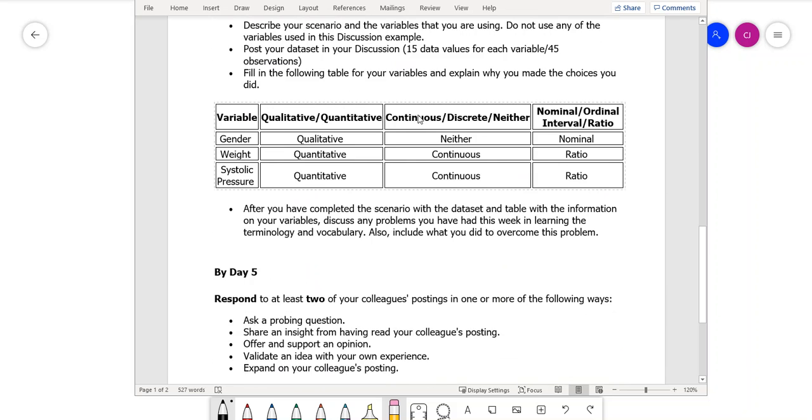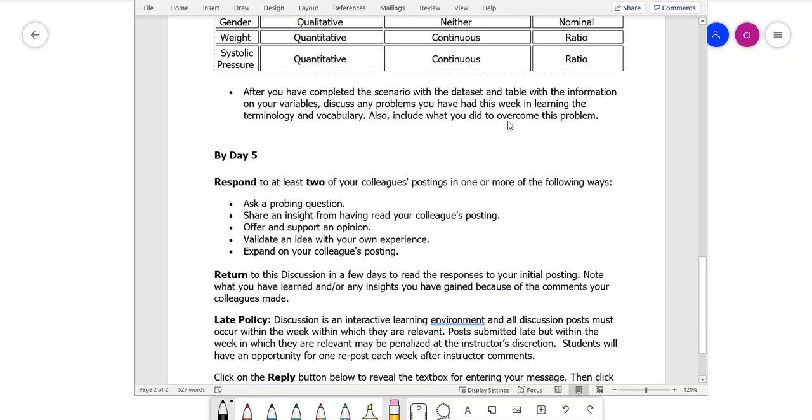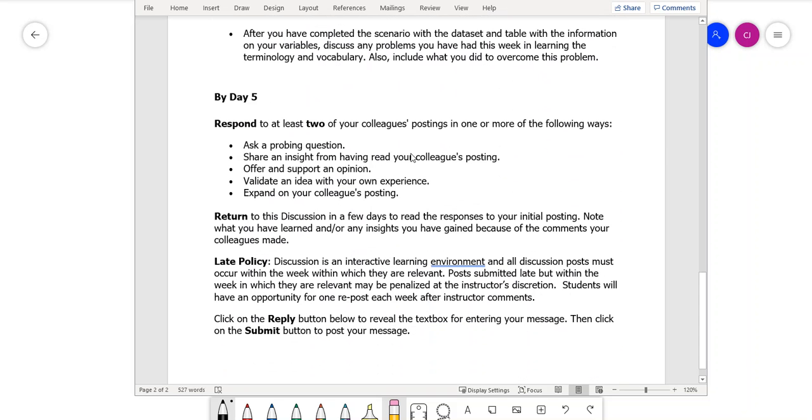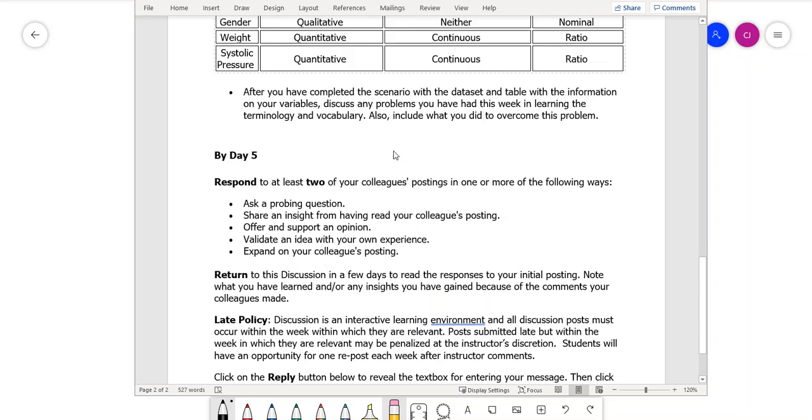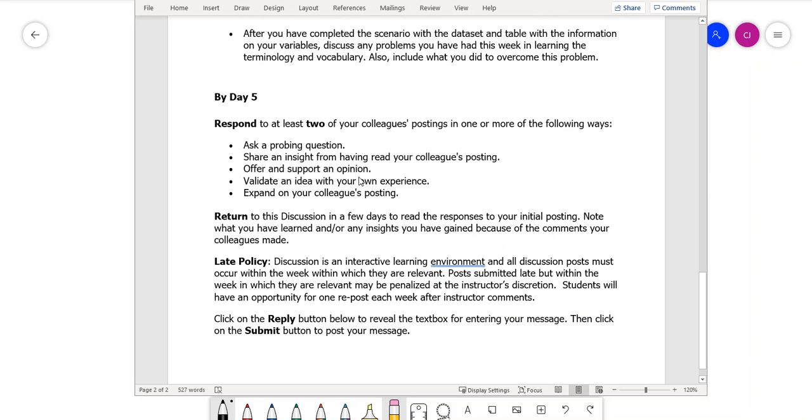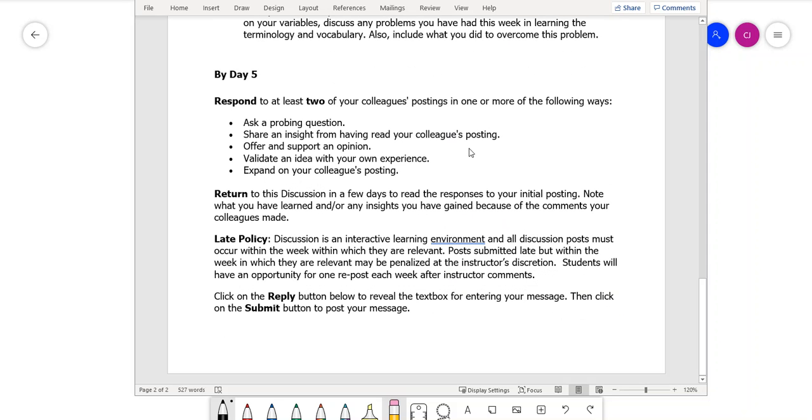And once you get that all together, you can follow along with the rest of this. You're going to post to at least two of your colleagues' postings. It says at least two of your postings are one or more of the following ways. So you have your own post, but then you respond to at least two of your colleagues' posts. You'll look at their ideas and what they came up with, make some comments, and then return